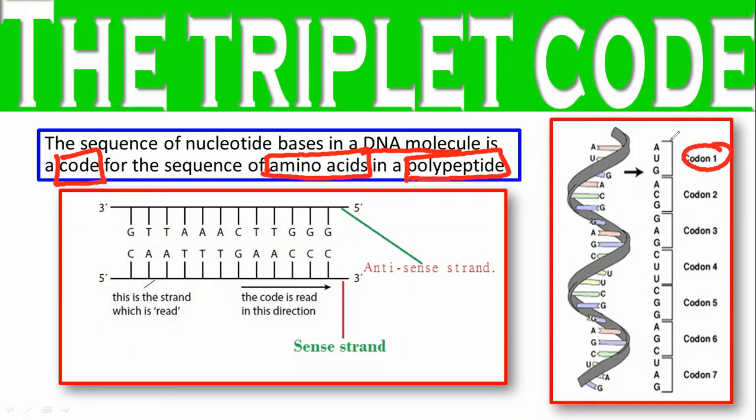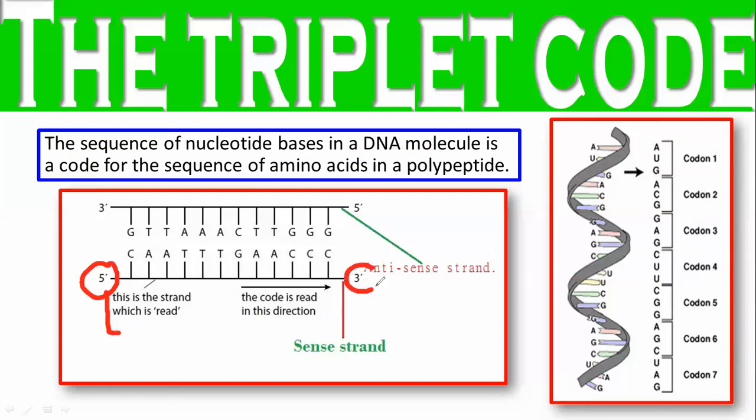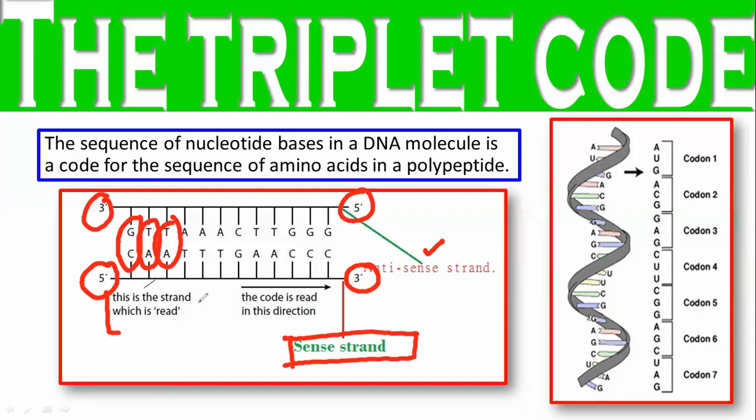Okay, here, codon 1, AUG for methionine, codon 2, codon 3, codon 4, 5, 6. So this section is giving you one codon, second codon, third codon, fourth codon. What are these? These are codes for the amino acids. Okay, here, look at the replication. I told you already that it's always going to start from 5' to 3'. This is called the sense strand, and this is called the antisense strand, which will be anti-parallel to it. Look, it started from 3' to 5', so that the sequence can have complementary pairing with one another. And how is the code going to be read? It's going to be read in this direction, from here to here.